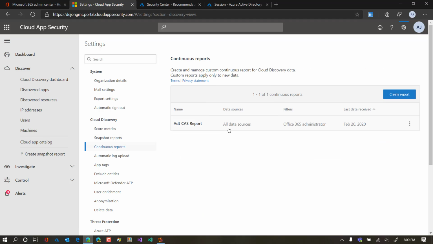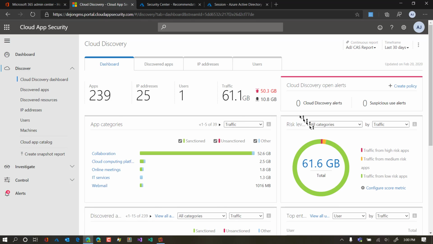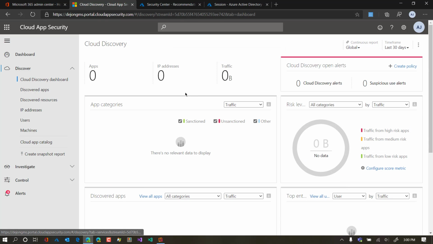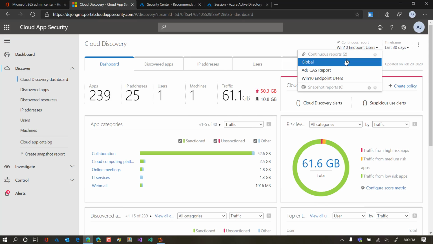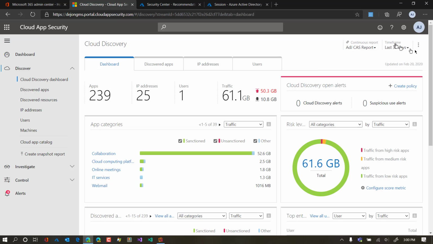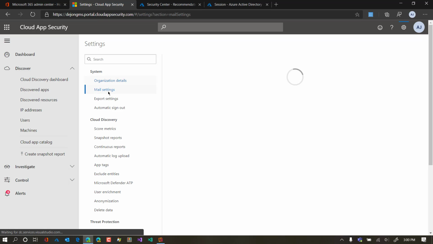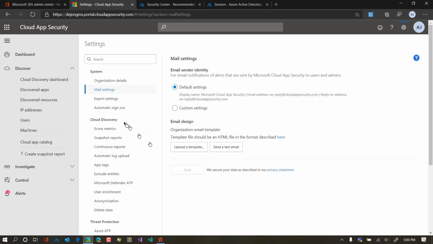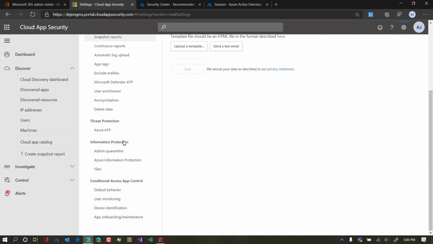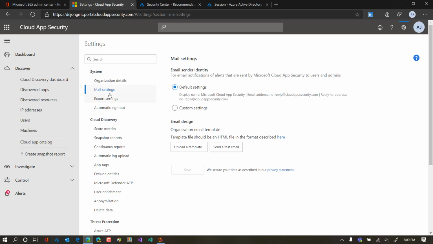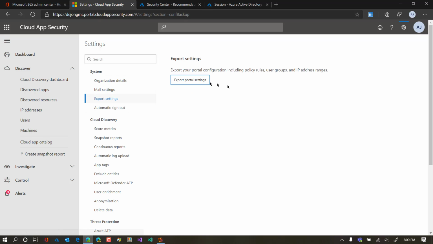Also, we could create reports here, and these reports help us to view what is going on inside the organization. Basically, this is my default report that I have created. You can create other reports, like a global report, so what is going on with the global environment, in this case empty, or my Windows endpoint users could be shown here as well, and that shows us some information on what's going on. And finally, we can set up our mail settings. So what type of email do we get? And for example, do you also want to change the content of those emails,